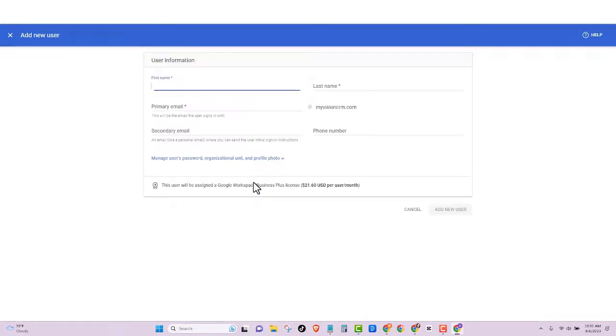And then I'm just going to give the user the first name and last name. Of course, I'm going to choose their primary email address. So what do I want it to be? Like maybe Jim@myvisioncrm. And then I would put the secondary email address, which is going to be like their Gmail account, where